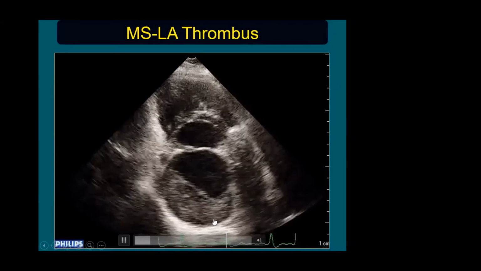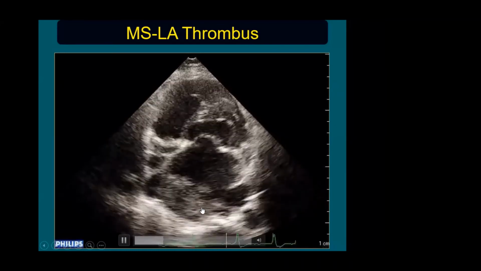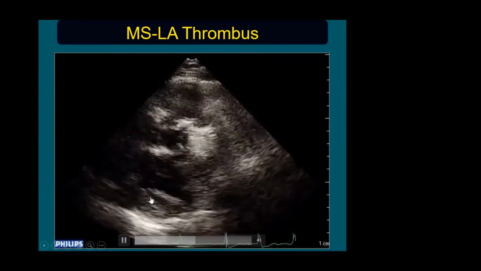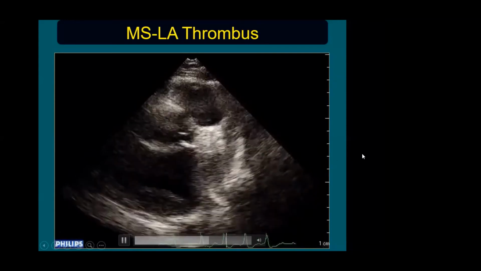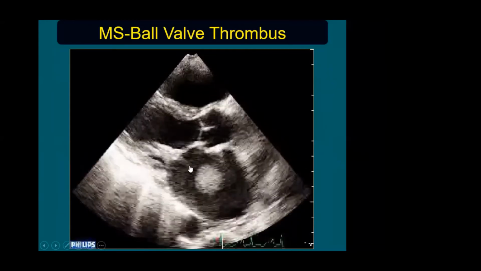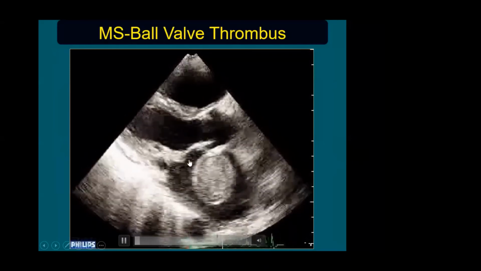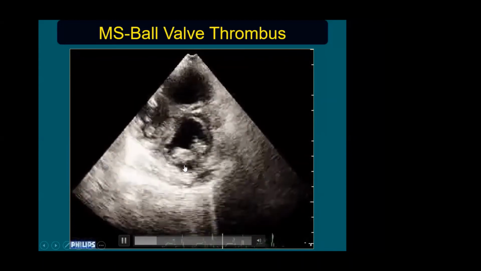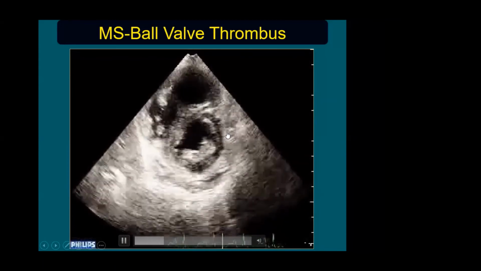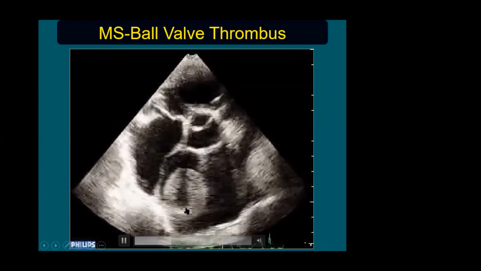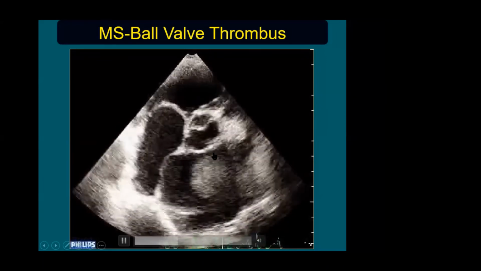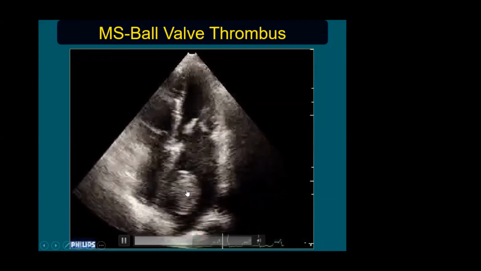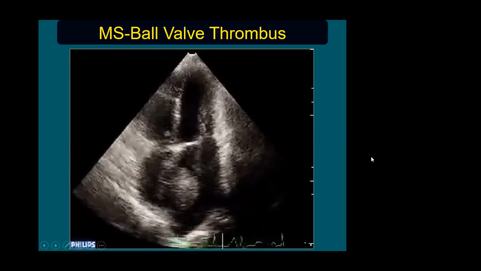This is another patient with rheumatic mitral valve disease with a large thrombus inside the left atrium. You can see the mass is present inside the left atrium, almost filling half of the left atrium. There is a mass inside the left atrial appendage also. This is another patient with a left atrial mass. This mass is mobile. This patient has rheumatic mitral valve disease, a single large mass which is moving inside the left atrium. This is a typical appearance of a ball valve thrombus. It moves and goes towards the orifice, tries to close the orifice, and it is bounced back. So this is a ball valve thrombus in a patient with rheumatic mitral valve disease.